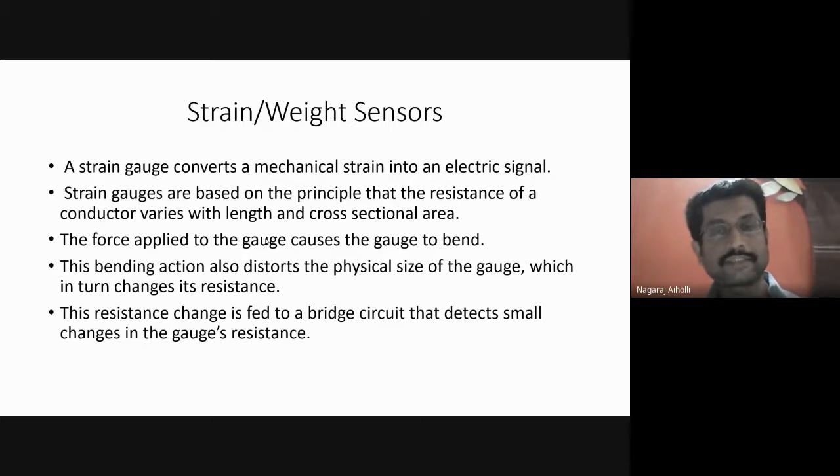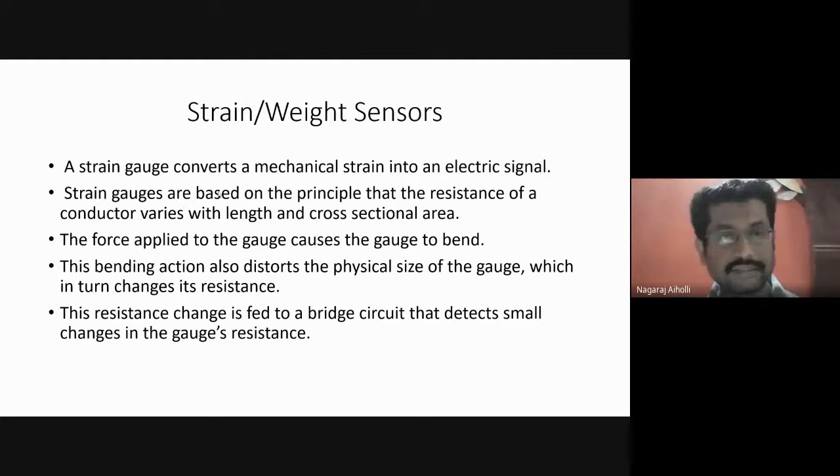Calibration is just like the previous example that I mentioned. 4 to 20 milliampere, the range for the electrical signal, was calibrated in the range of how much? 5 to 30 inches. That means 4 milliampere corresponds to 5 inches, and 20 milliampere electrical signal corresponds to 30 inches. This is called calibration. Whatever output we are measuring is calibrated in turn to measure the input, or the signal that is required to be sensed.